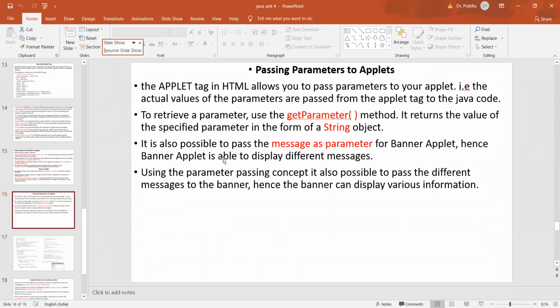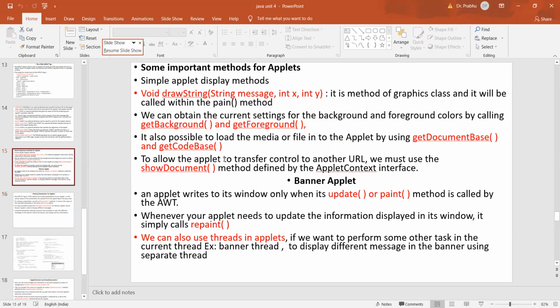Next, we can pass the parameters to updates also. That parameter can be passed by using the get parameter method. The feature of this one is that it can change the data. For example, in the previous banner update, in the first program, only one message is displayed continuously in a separate thread.